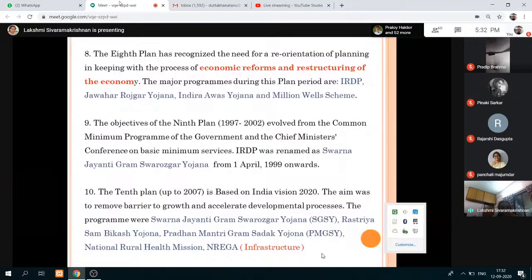Now, in the eighth plan period, the whole of the country was going towards economic reforms and restructuring. So, at this time, the programs for rural development mainly gave, you will see that there was the Indira Awas Yojana and the Million Wells